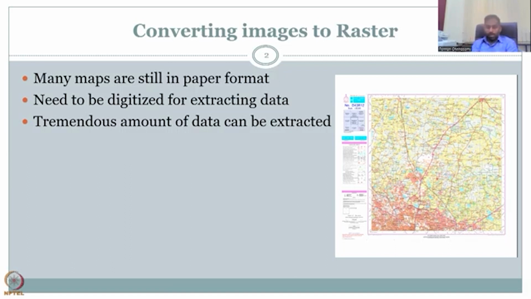It will be too big to open it. Even opening this image in GIS is going to be hard. But what we are going to do is open it in GIS as a base layer, and then from the base layer, we are going to convert it into data that we require as a smaller